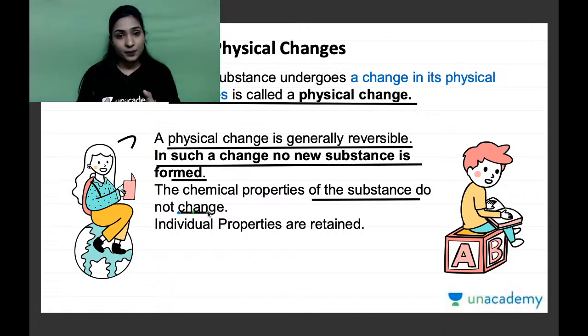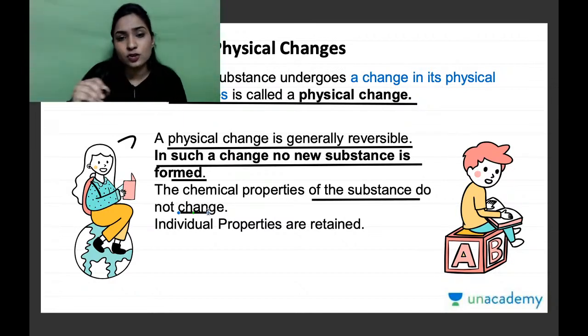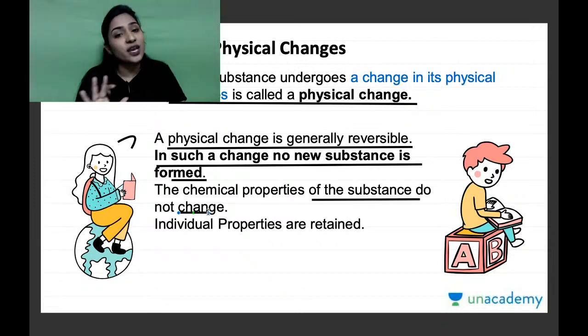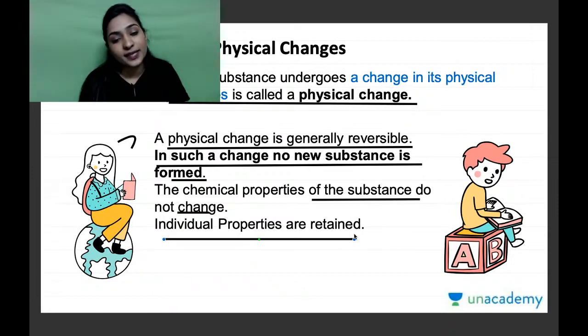For example, let's say we crumple the paper. हमने पेपर के बारे में पढ़ा कि हम लोग उसको ऐसे क्रम्पल कर सकते हैं, तो क्या पेपर कुछ और बन गया? हम लोग वापस से अगर उसको खोल के उसके ऊपर लिखेंगे तो लिखा जाएगा, इसका मतलब पेपर कुछ और नहीं बना। Paper still remains paper on which we can write, correct? So we can say that the chemical properties of the substance, उसके अंदर का प्रॉपर्टी कुछ चेंज नहीं हुआ, वो अभी भी पेपर ही है।